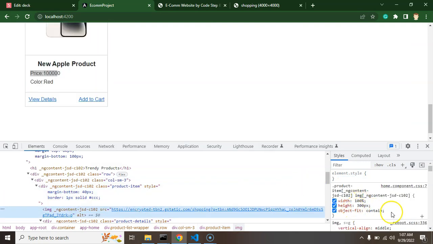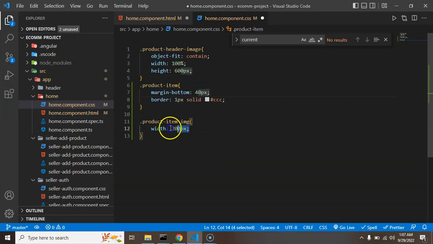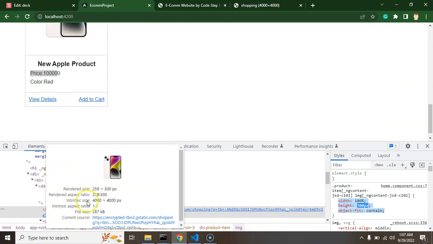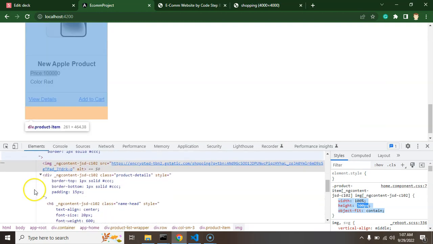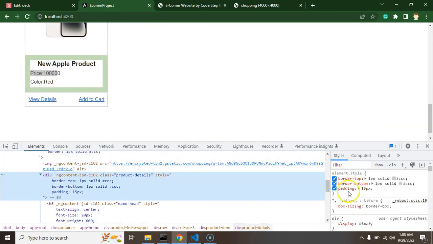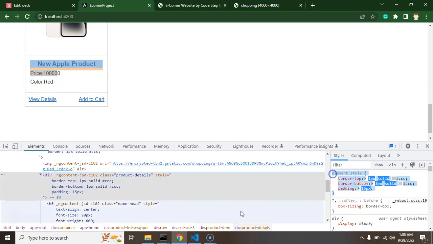So I am copying this content from there and pasting it there. Next thing is I think that will be product details. Yep, so let's copy it from there,